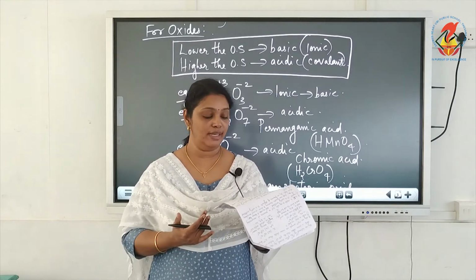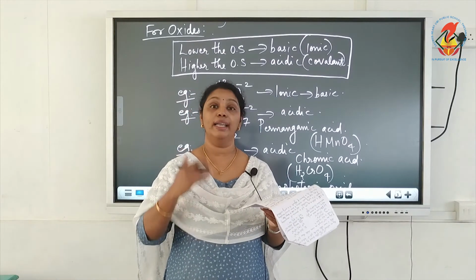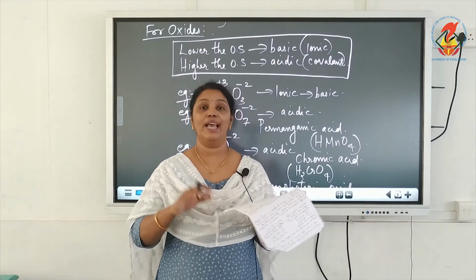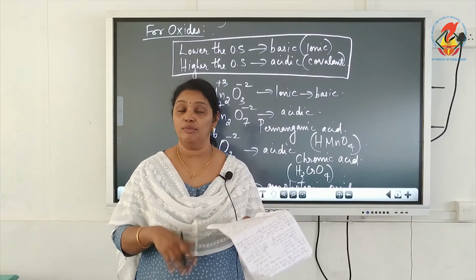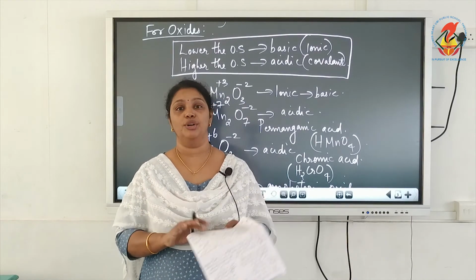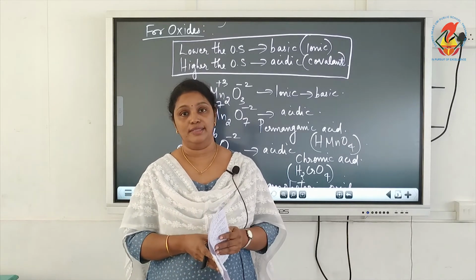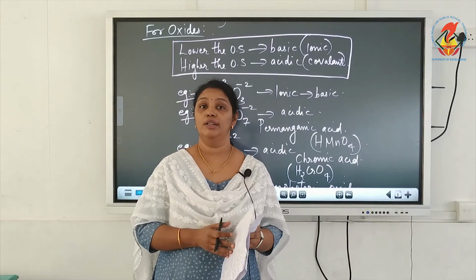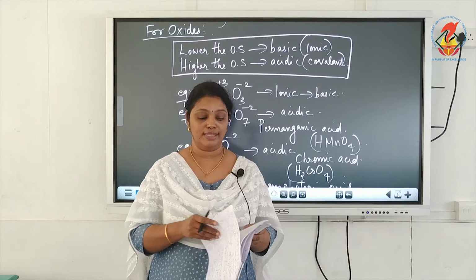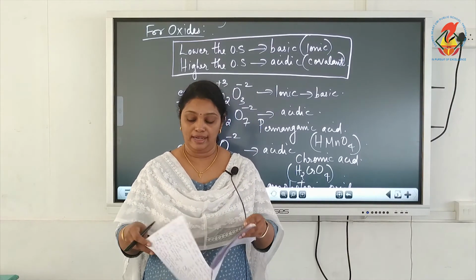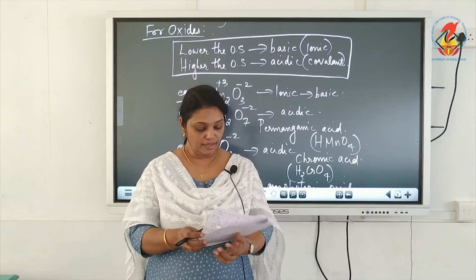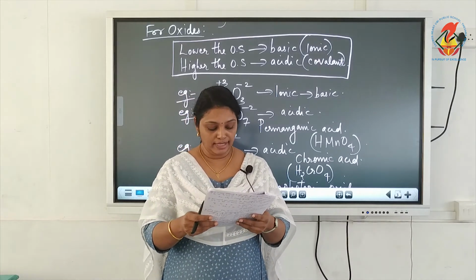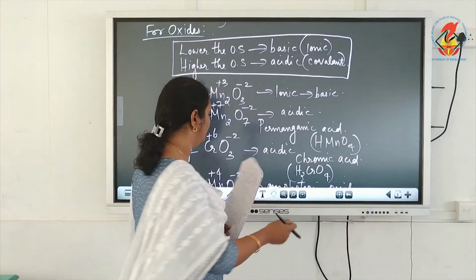But in higher oxidation state, the metal will be in its highest oxidation state. So the valence electrons will not be available for donation. So instead, they will accept electrons and they behave as acids. So this is the reason why the lower oxidation state oxides behave as bases and higher oxidation state oxides behave as acids. Now the next question is,